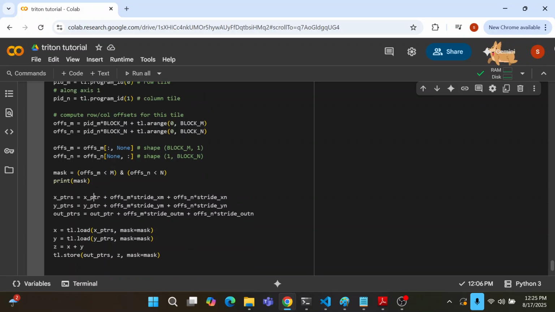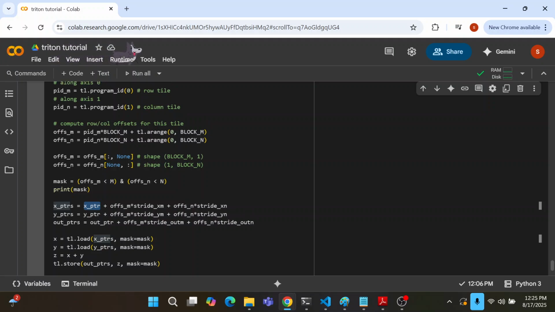The X pointer that you get is always the base pointer, the location of your element 0, 0 for the X tensor. Your memory layout in PyTorch is a big buffer of one-dimensional memory. You have the offset for each tile, but within your global memory you need to know where it is lying. Your pointer is starting somewhere, and these numbers, 0, 1, 2, 3, 4, are not exactly related to your memory pointers.